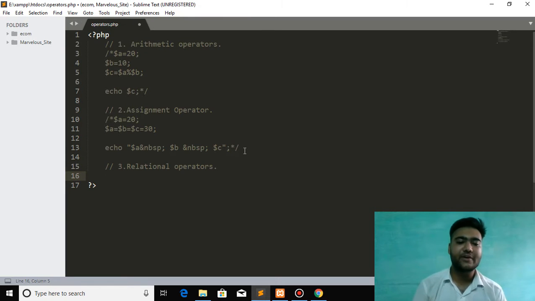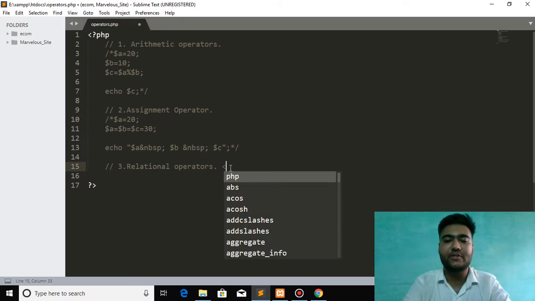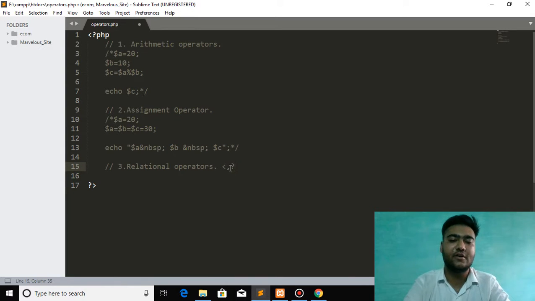So the third operator is relational operators. Relational operators are used to compare two variables or two values. So we can also call relational operators comparison operators. Relational operators are less than, greater than, less than equals to, greater than equals to,